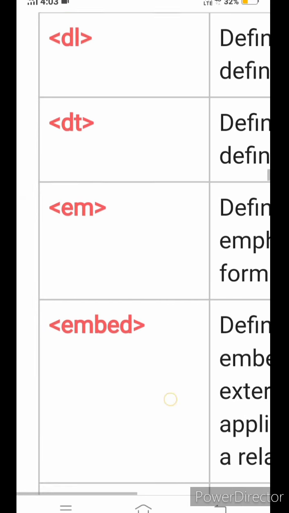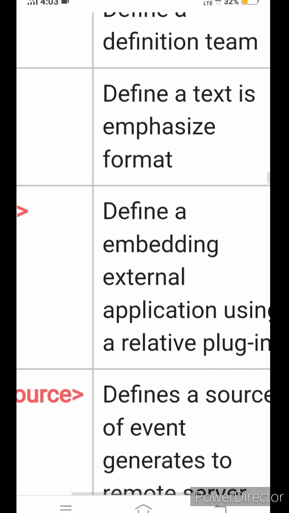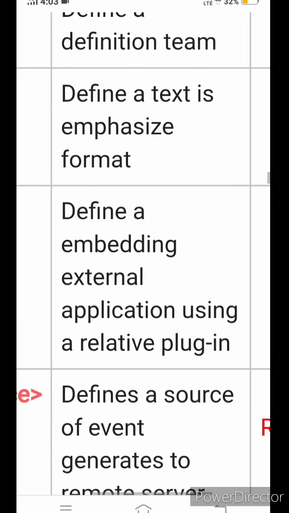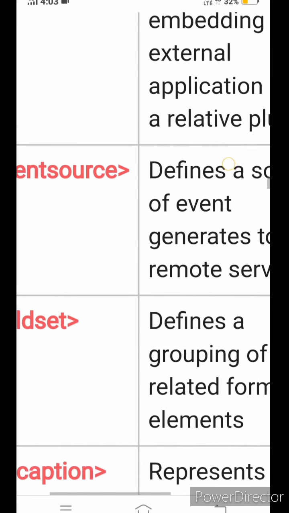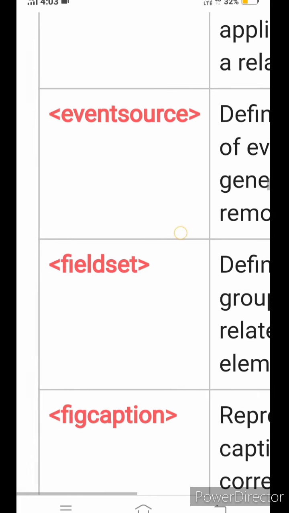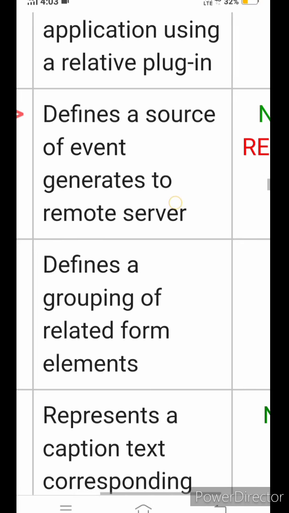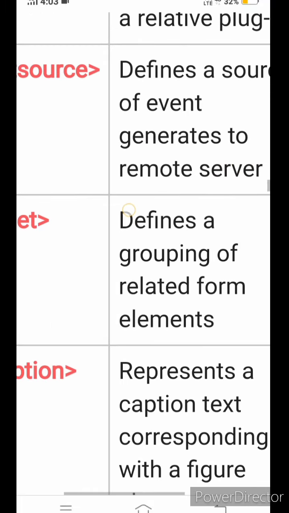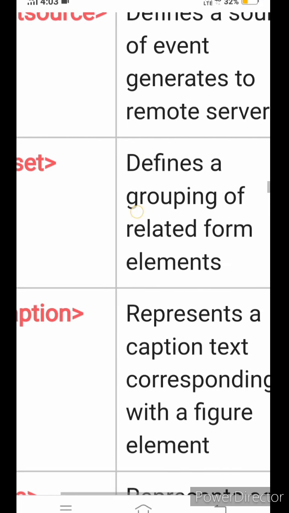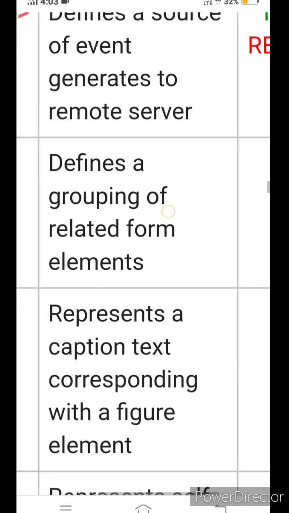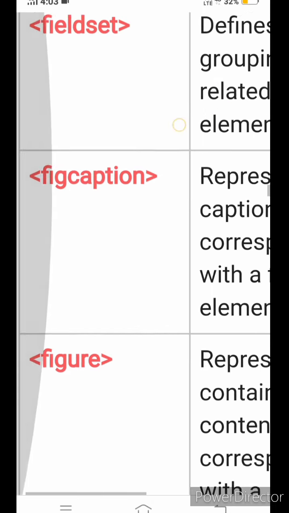This is in both. Embed defines embedding an external application using a plugin. This is new in HTML5 version. Eventsource defines a source of events generated by a remote server. This is not clear. Fieldset defines a grouping of related form elements. This is in both.